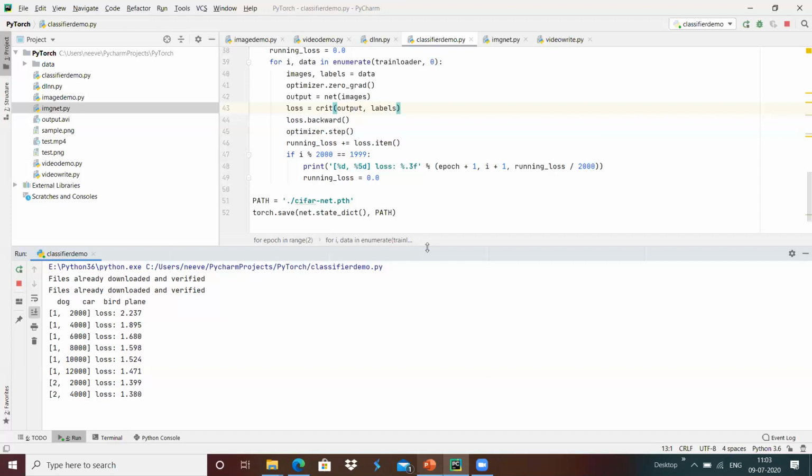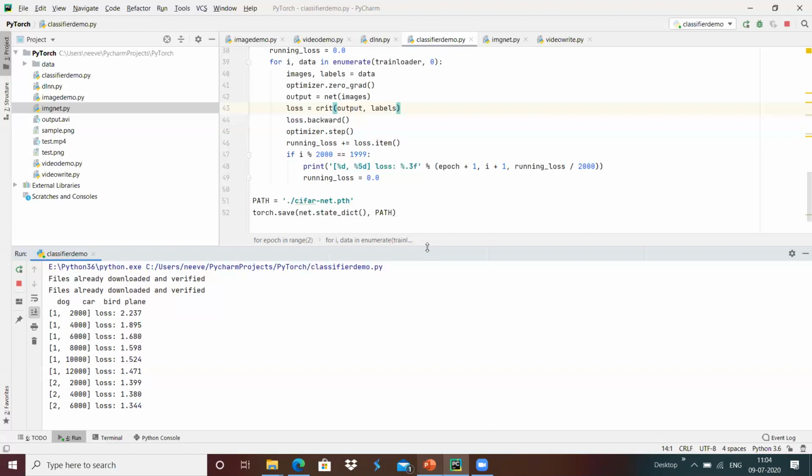In the second iteration, we got the loss, and the network has been trained in a very good manner compared to the first iteration.